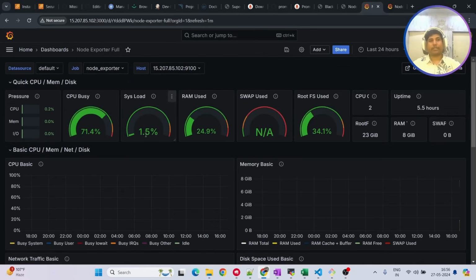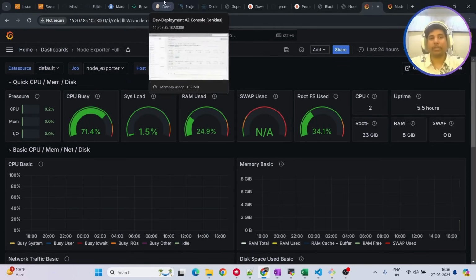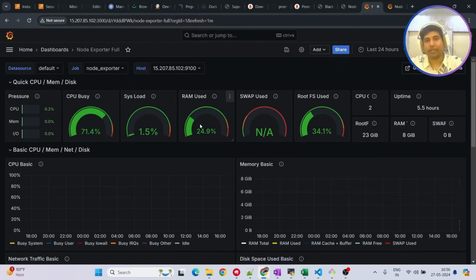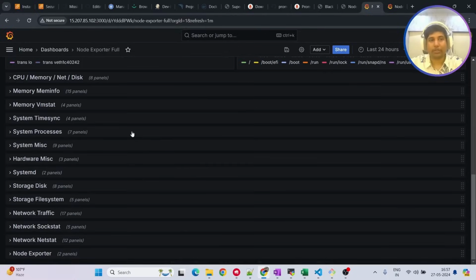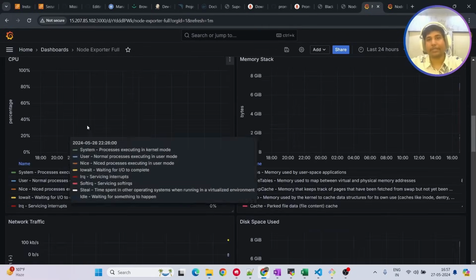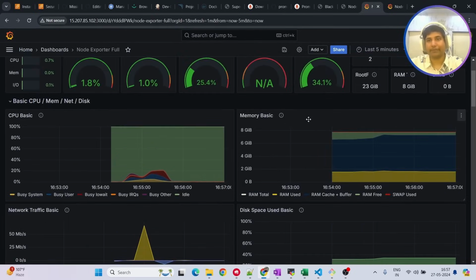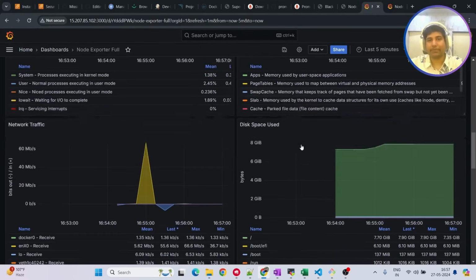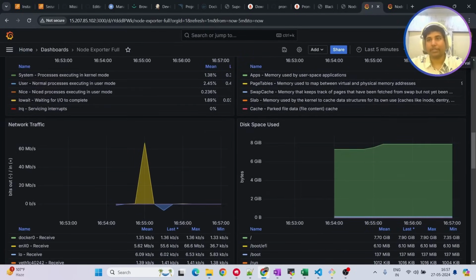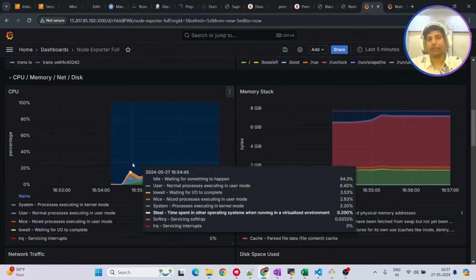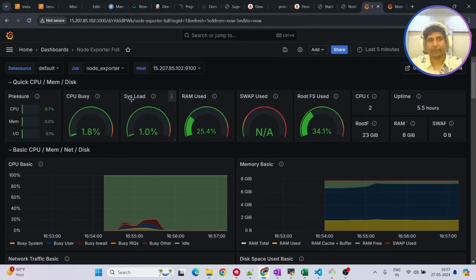Click on import, and now you can see all the information about how much CPU is being used, how much RAM is being used, all those information. Not just that, there are a lot of other informations as well. For example, if I put it to 5 minutes, you will see different data. All these kinds of data will be visible to you. This also you can change. We can change it to like 5 seconds. So every 5 seconds our information will be getting updated. Okay, so this is fine, and let's see. Yeah,